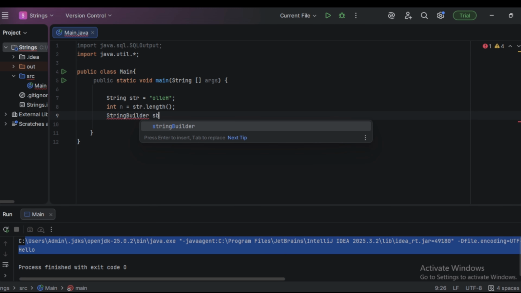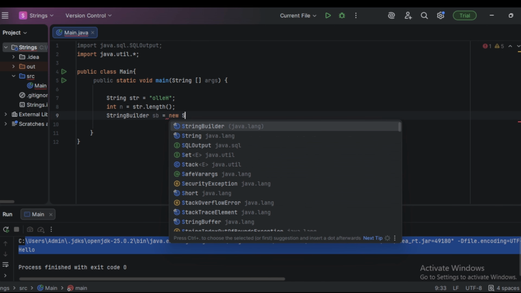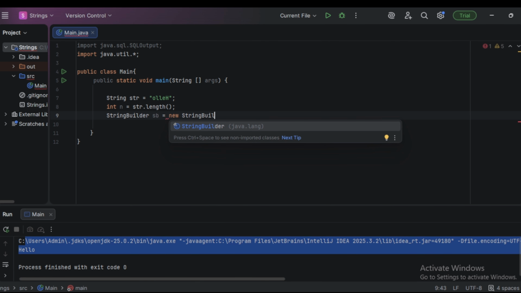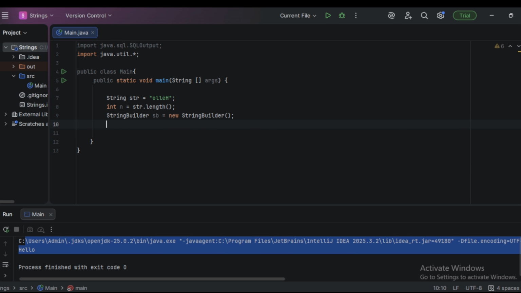I'm naming it as sb equals new StringBuilder. Within this I will not give any values. Let us try to give an empty string. Then